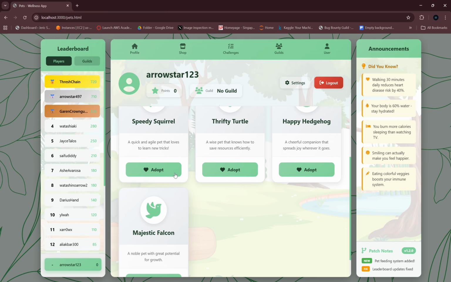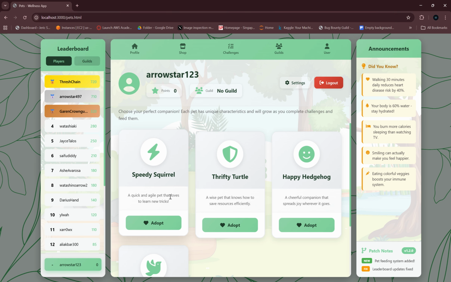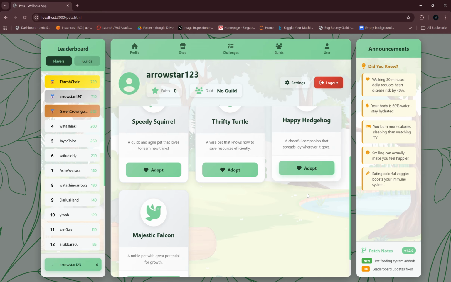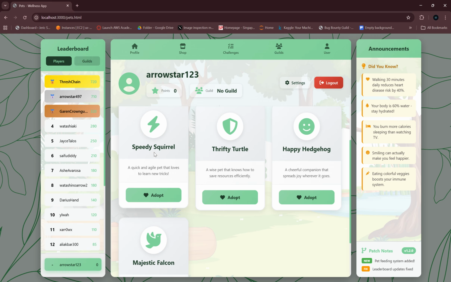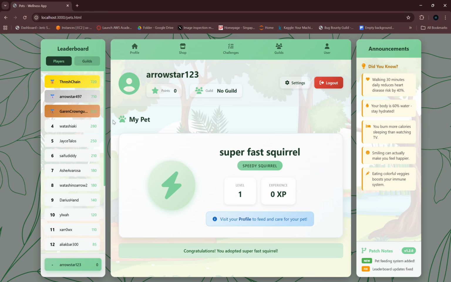So by pressing this button, I'm sent to this URL, pets.html, where I'm able to see the different lists of pets that I can choose from. The pet that I want to go for is maybe the speedy squirrel. And super fast squirrel, that'll be my pet name. So I can adopt it, and now you see my pet is super fast squirrel, and it shows the